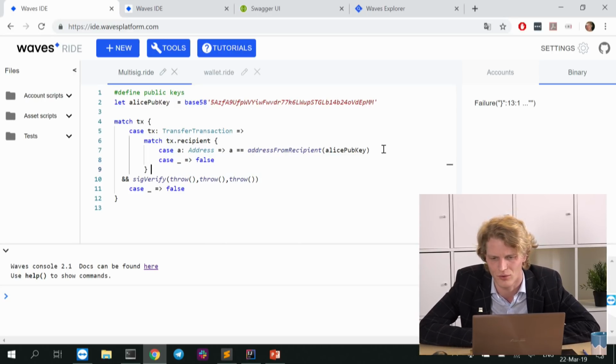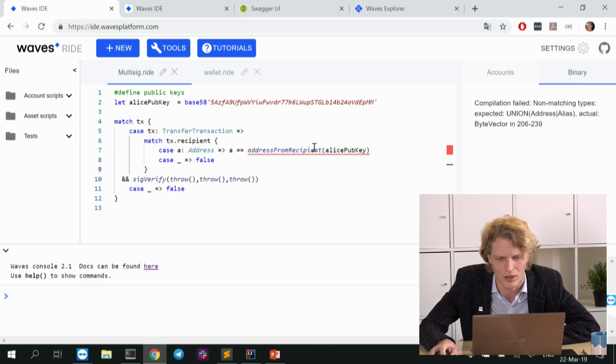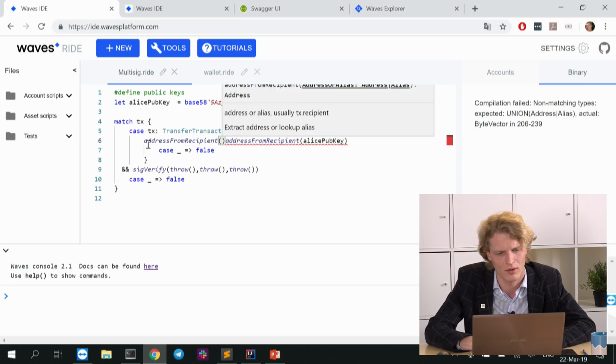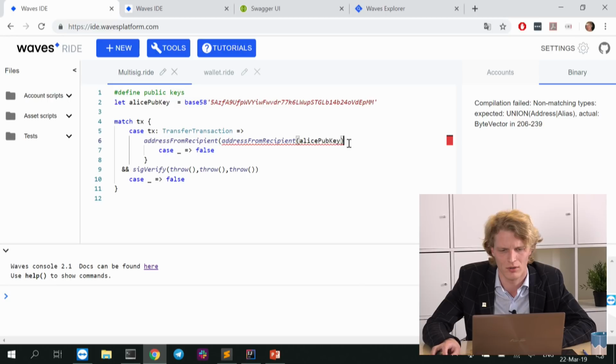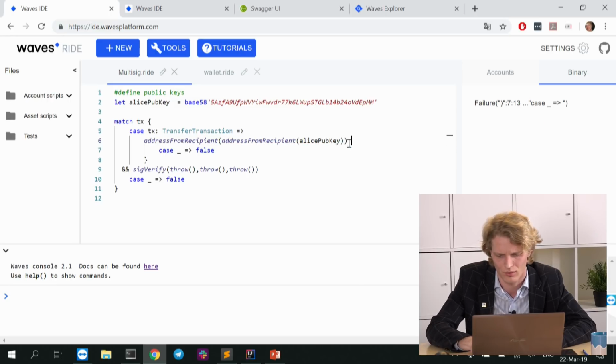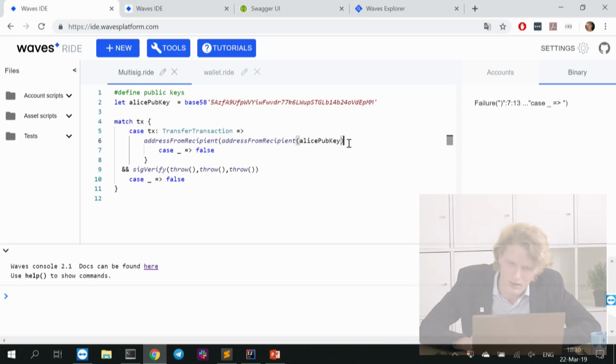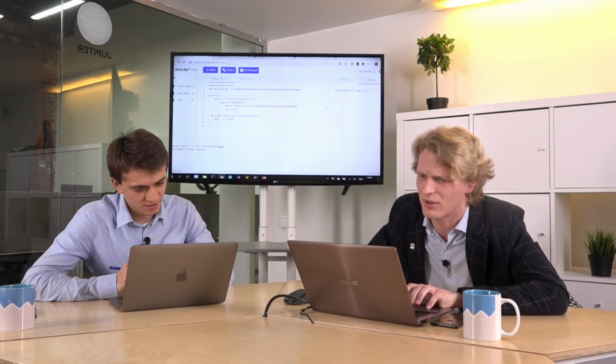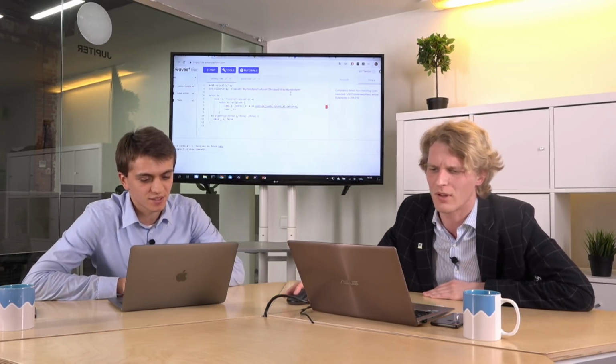So no sending to an alias, only to an address. Okay, let's write it the other way now. Address from recipient. Okay. No, you have address from recipient already for alias public key. You need it for transaction recipient. Transaction recipient. Okay, let's not waste time on this. Let's just move forward.